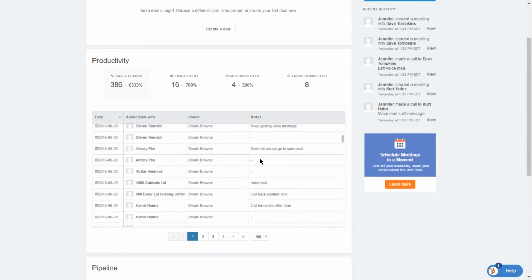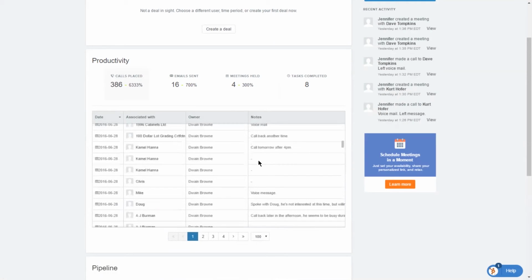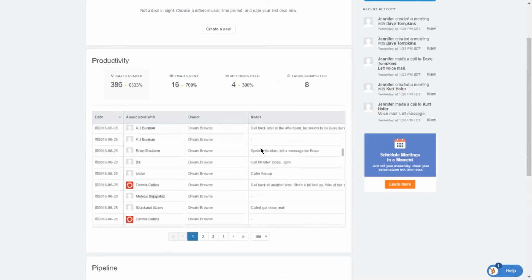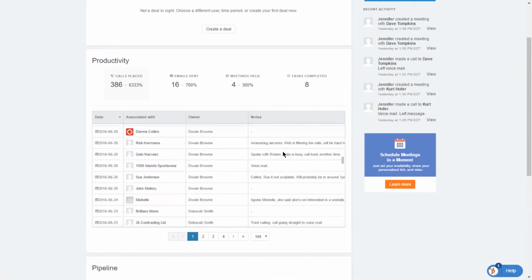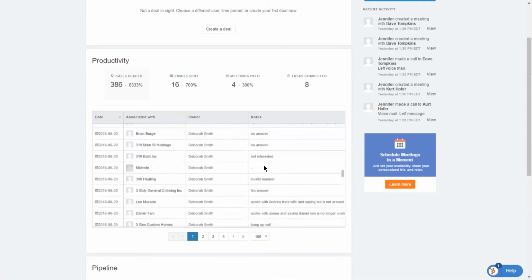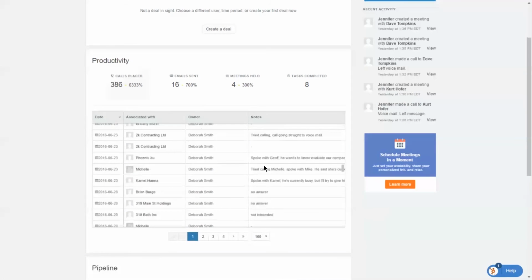And this is why it's very important that those notes are entered, else it shows up as a dash here or blank, and that's not of any use to us. So there's a reason why we're asking you specifically to enter those notes. Keep it short, don't have to be too detailed, but we don't want shorthand, because it's very important that we're able to scroll through and see the notes here and be able to follow up.